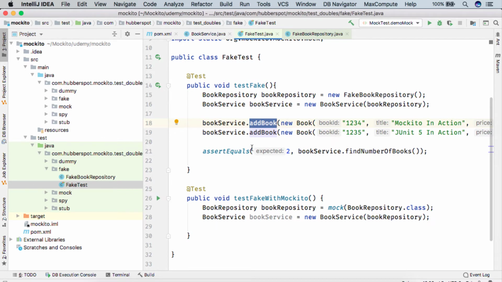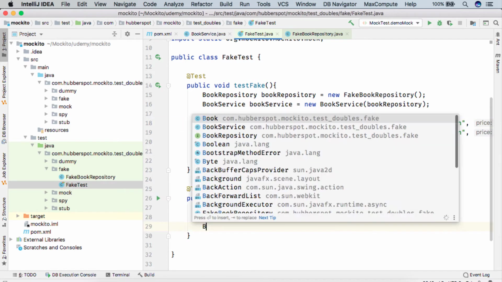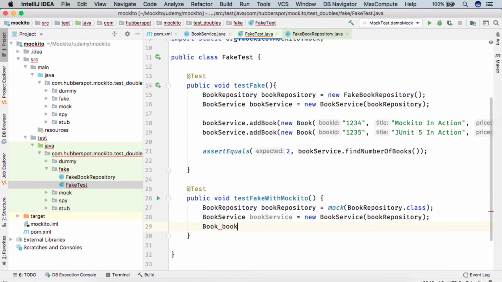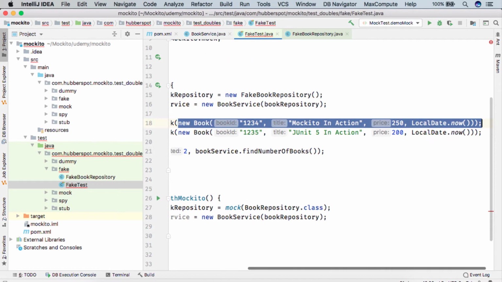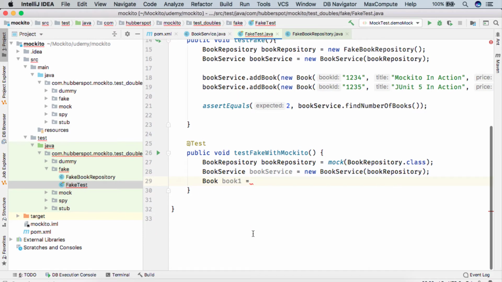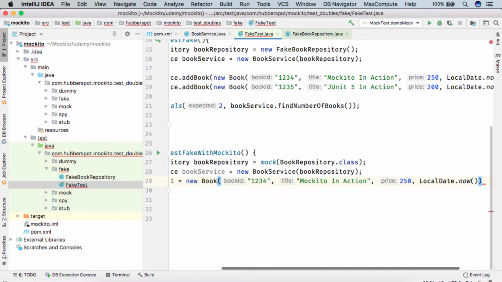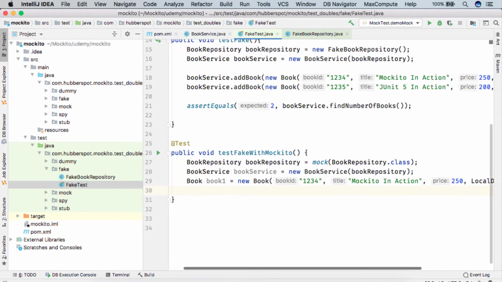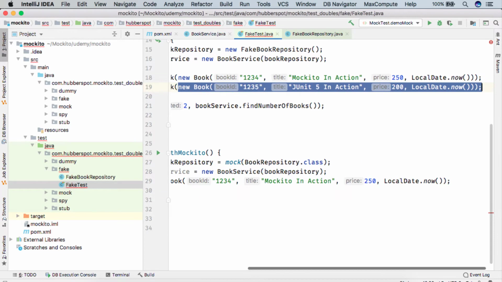Now instead of calling addBook, what we can simply do is we can create those two books first. I will simply copy this part. We'll copy this.